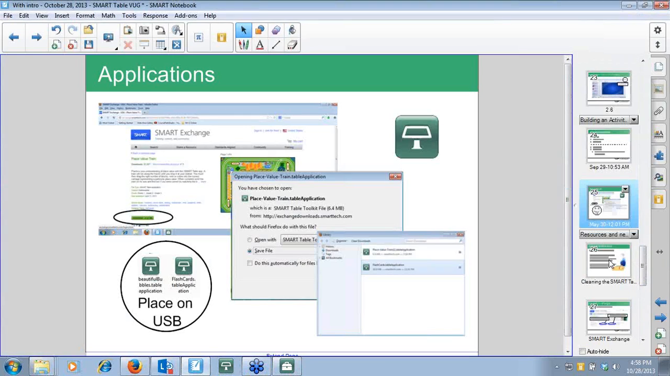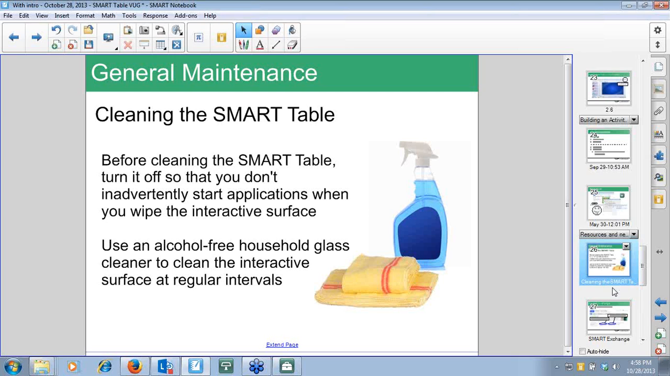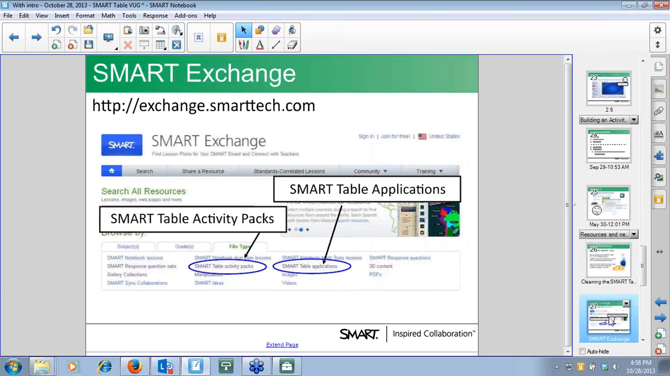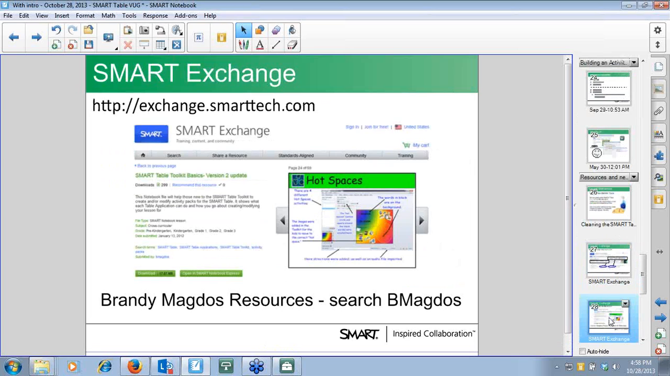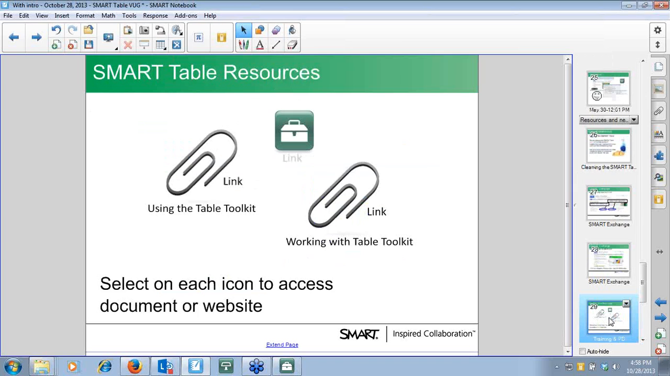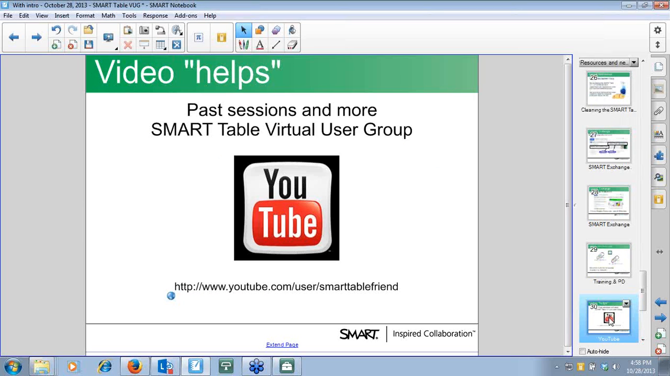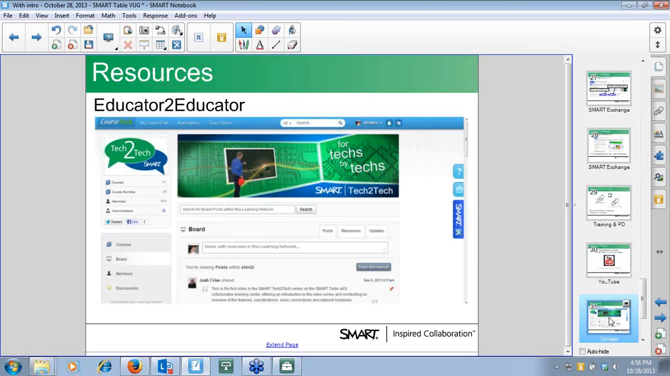All right, so we have a couple more minutes. I gave you some general maintenance ideas, cleaning. Here's the information about the Smart Exchange and how to download those. I did give you, Brandy Megas was here last month, and she's got a file that if you're looking to build something, you might check her out on the Smart Exchange. It is a notebook file, so if you don't have Notebook, use smartnotebook.com to view it. I have added a couple of resources. The Smart Table Friend video help, and then last but not least, in the file that I've shared, we have